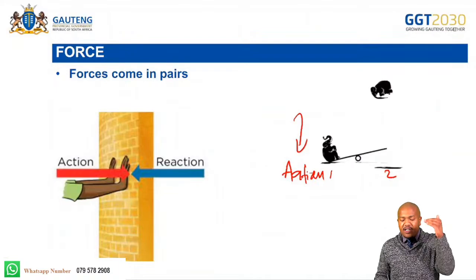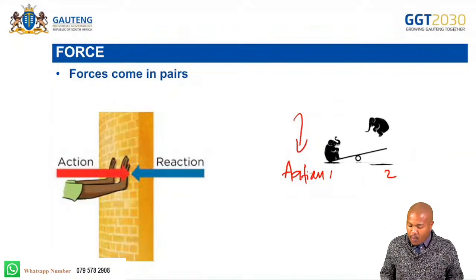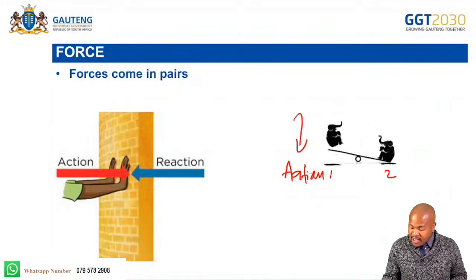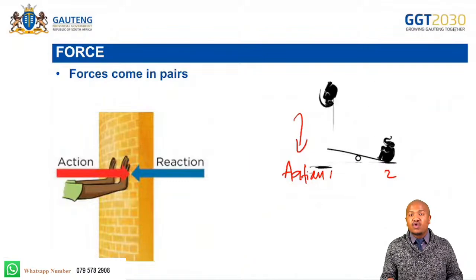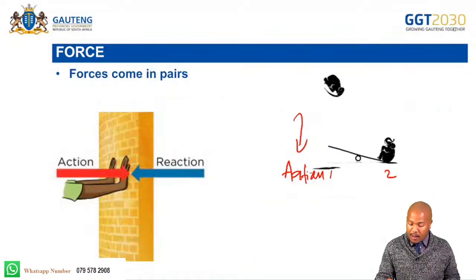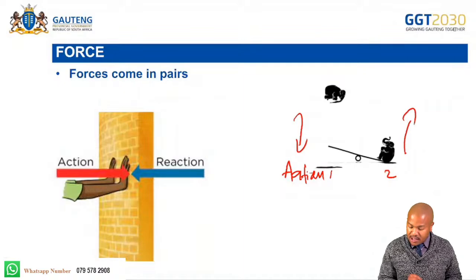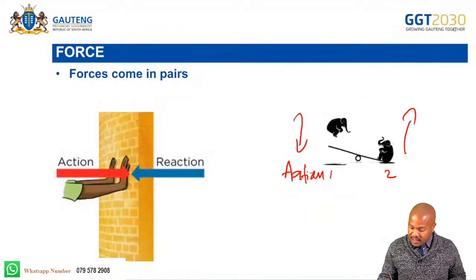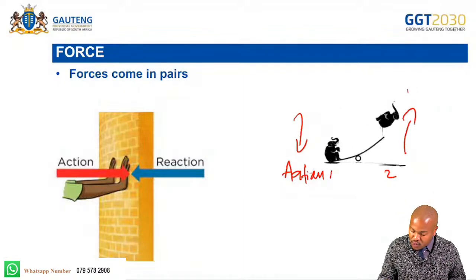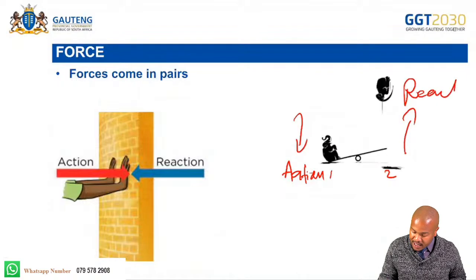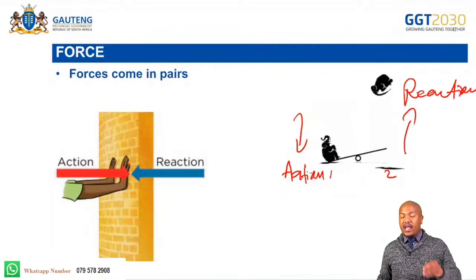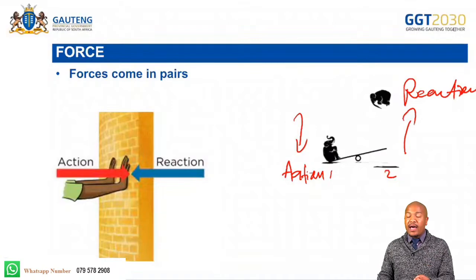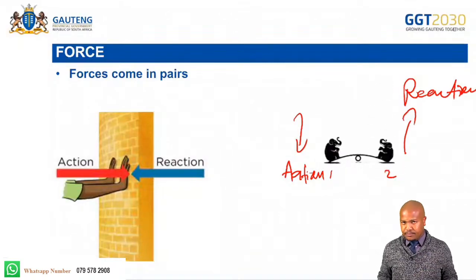As this elephant pushes down on the seesaw, what happens? The reaction comes from elephant number two as the seesaw goes up. So here we notice that elephant number two starts to go up,